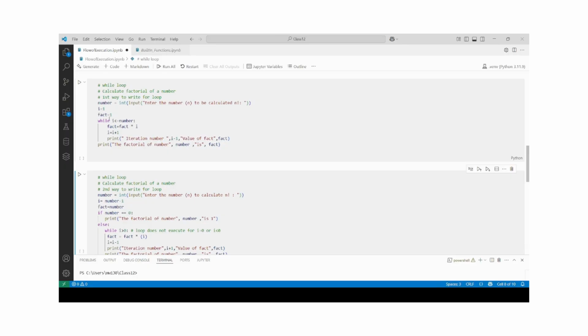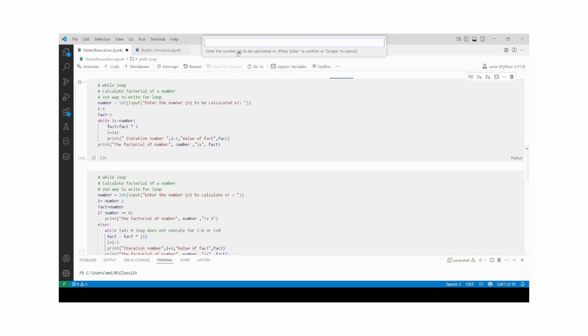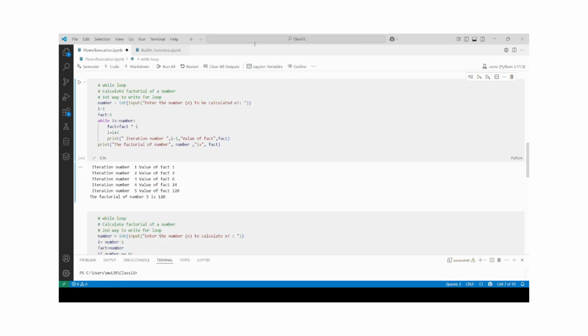Now here you can see indentation. So in Python, make sure you provide indentation whenever you use while loop or if else statements. Now if I run this, I'll show you what it does. Now it is asking me to enter a number. I will enter 5. Now here in the output you can see the iteration number, value of fact, and the result: factorial of number 5 is 120. So the loop is executed 5 times,